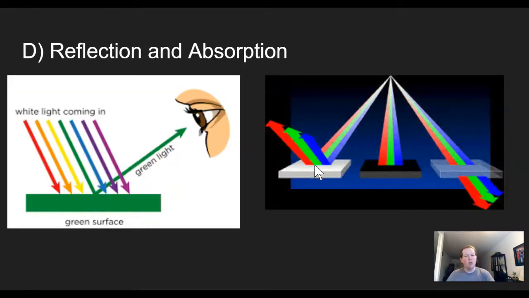We should hopefully know already a little bit about reflection and absorption. Light can reflect off material. You see something as green outside when there's sunlight, and sunlight has all the colors of the rainbow, because all the colors of the light are absorbed except for green light. You see light when it enters your eyes, and if you're seeing something green, that's because green light is entering your eyes. If you're seeing something as red, it's because red light is entering your eyes.